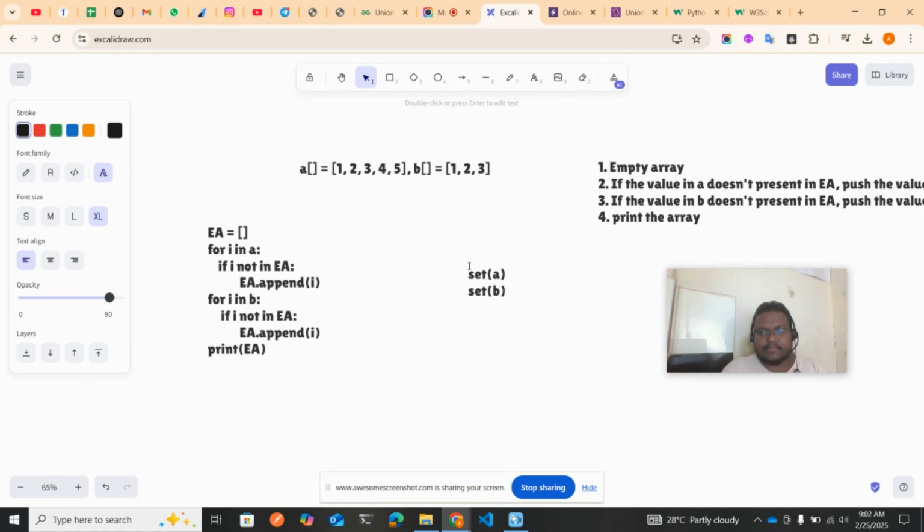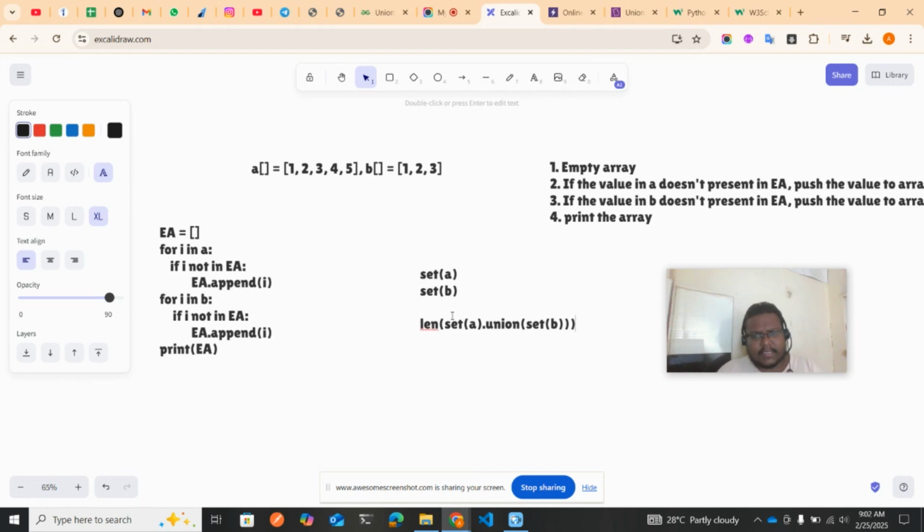And later I need to do the union: set of a dot union of set of b. Okay, so we got the set, but what is the actual expected output? I need to return the count, which means len of set of a. Do you have len on set? No. So next we need to convert it to a list. Okay, and that's good. If I copy this code,